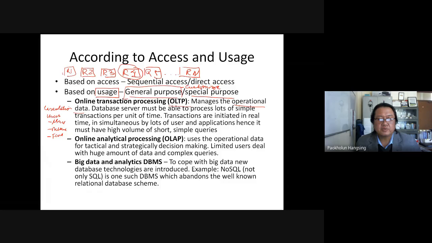This is operational. It manages operational data, and the database server must be able to process lots of simple transactions per unit of time. If you look at a banking system, for example, one located nationwide or worldwide, they have to be able to handle multiples of simple transactions in